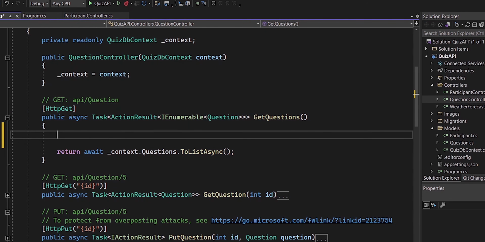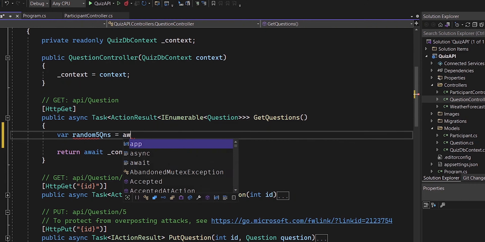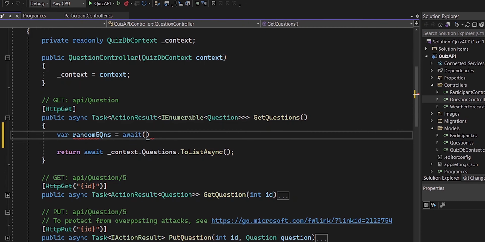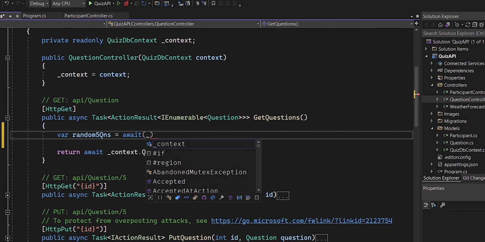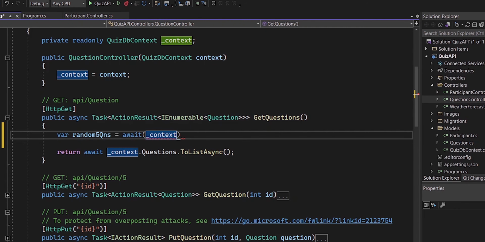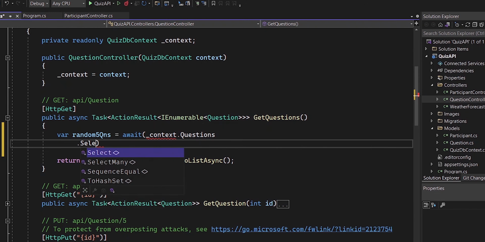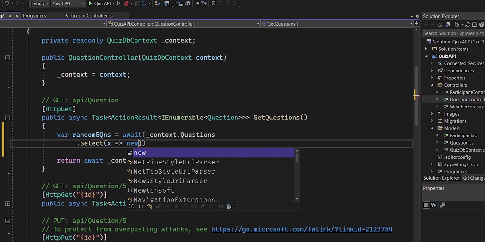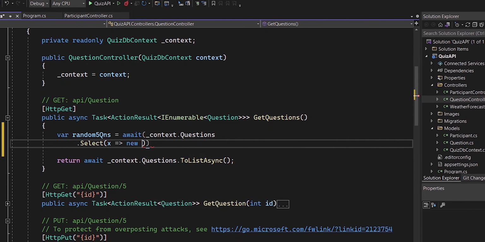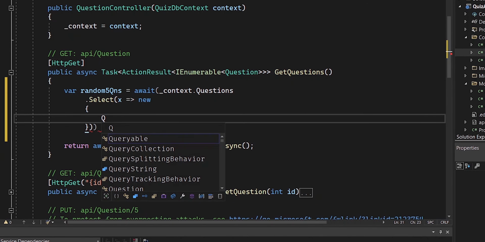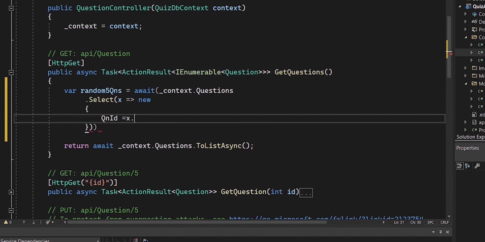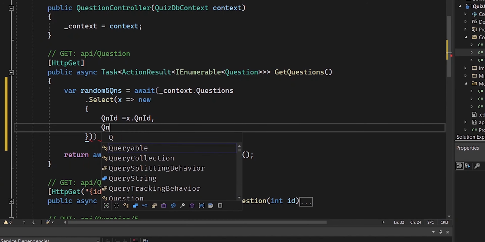First of all, we need a customized query here. I'll be creating this variable random 5 questions, and we have to do this through async operations. So I will use the prefix await. Context can be used to query the database, and here we have the collection of questions. Now we will make this selection here. Apart from selecting columns as they are, we want some customization here also. So question ID is equal to the actual question ID itself, then question in words,